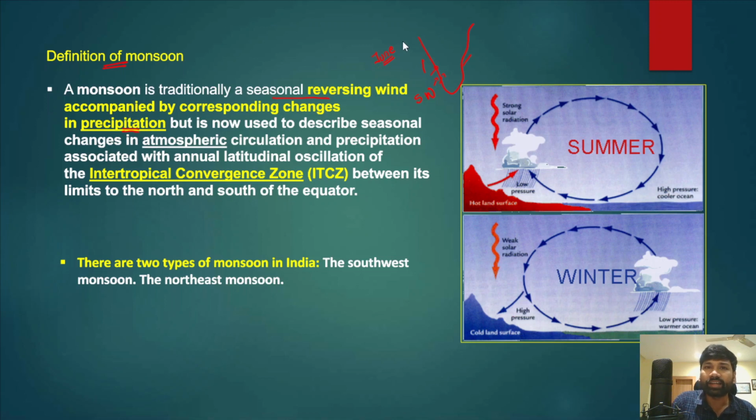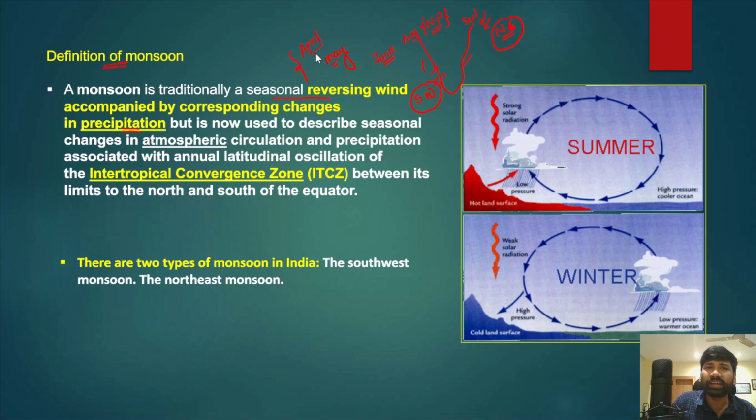Okay, so this continues up to August, and from September onwards there will be the reversal of the winds from the northwestern part of India, northeastern part of India. So this is known as southwest monsoon, and this reversal is known as northeast monsoon. Now if you can remember, during April and May seasons we experience intense summers, right? So in April and May seasons we experience intense summers,